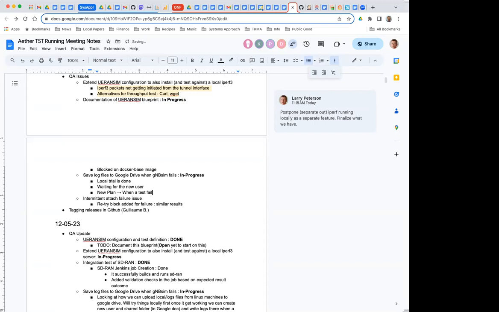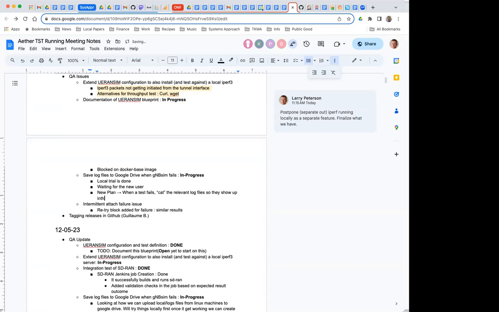So if there are some consecutive build successes, then we don't need to keep those older failures. It will save space as well. The relevant log files should show up in the Jenkins console. So the relevant log files here will be